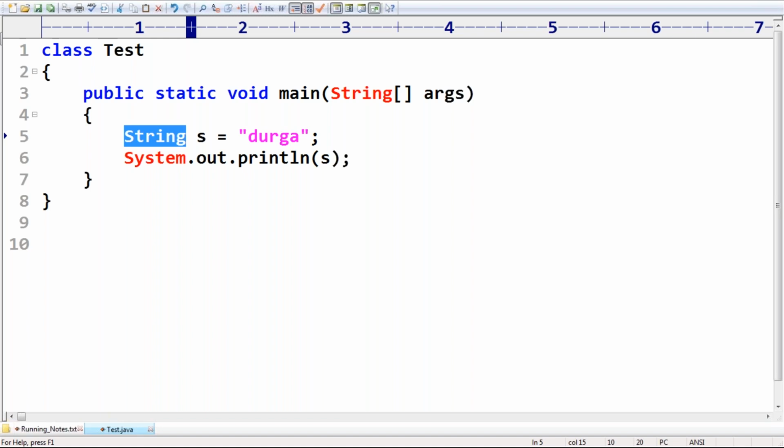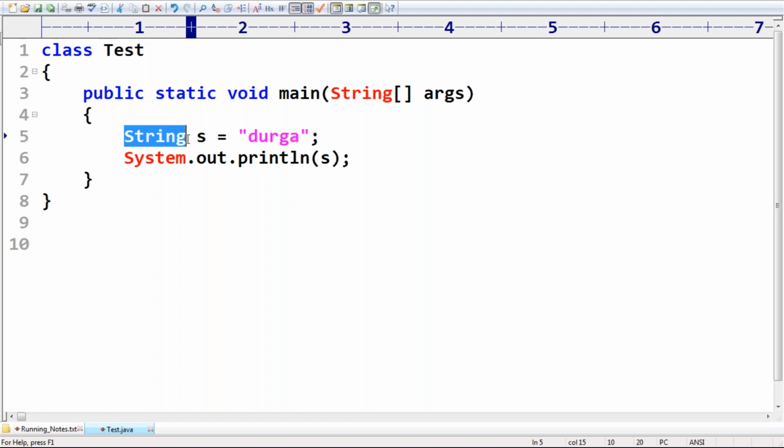But now I will ask only one question. Here on the right hand side, you took a sequence of characters within double quotes, so it's always a string. Why do you have to declare the string type explicitly? Unnecessary. The type declaration is duplicated here, it's already there, but still you are declaring again.